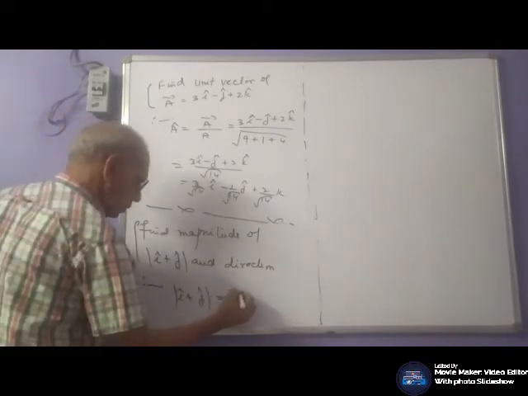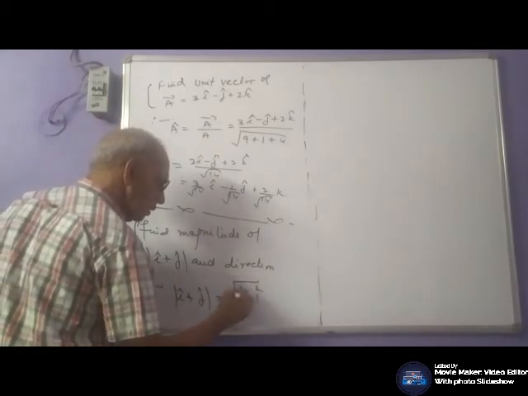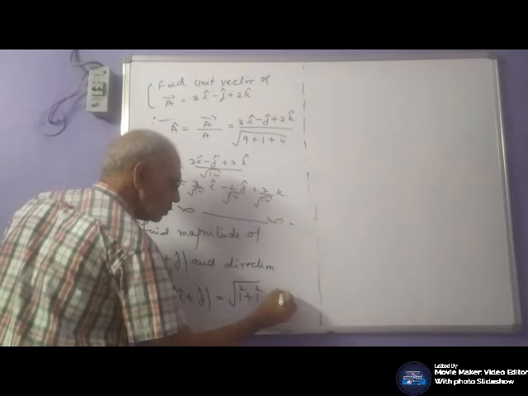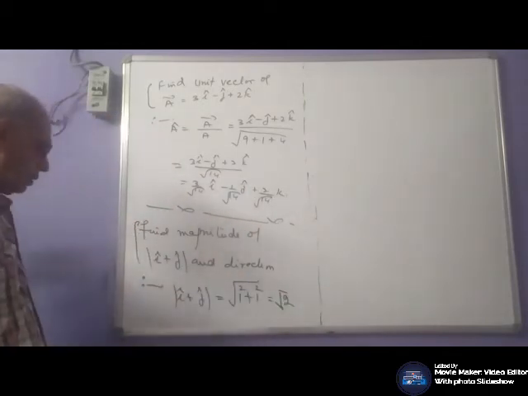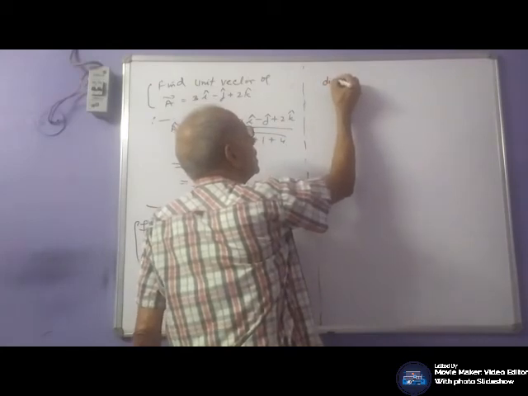Magnitude is the root of 1 square plus 1 square. It is root 2. Direction: